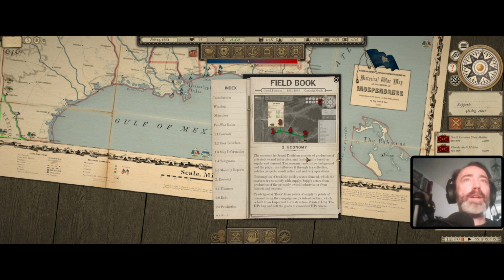Okay, this is new. Production of privately owned industries and trade, and is based on supply and demand. The economy runs in the background, and the player can influence through tax collection, policies, projects, construction, and military operations. Yeah, construction is new there. They must have updated these projects. Consumption of tradable goods creates demand,